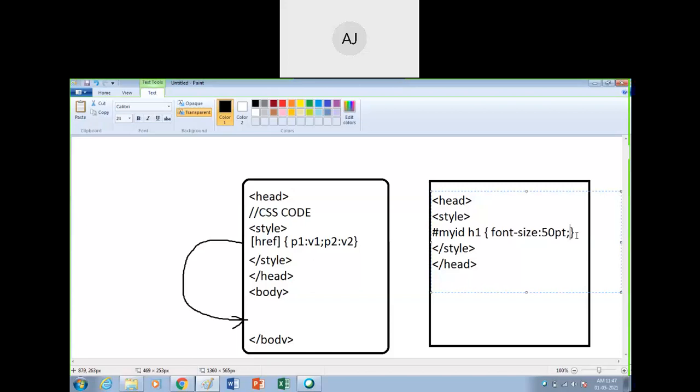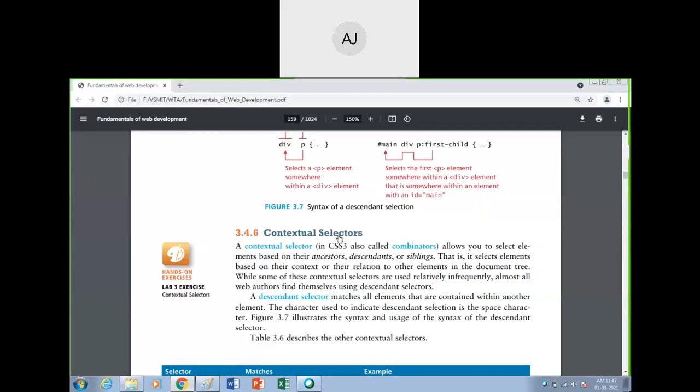I want this h1 to be 50 points, and my id, which is an id selector, should also be 50 points. In such a case I can use a combination of two selectors, which is called contextual selectors.